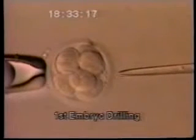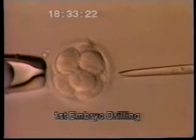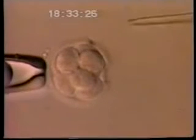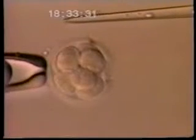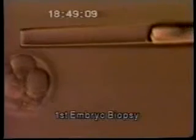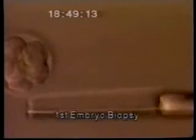Ever since the brilliant pioneering work by Dr. Alan Handyside in England, as well as work by Jean Lou in Brussels, Belgium, it's been known that you can create a hole in an embryo like you have just seen, and then remove one or even two of the cells after 3 days of development, and that embryo, that is the remaining 7 or 6 or possibly even 5 cells of that embryo, will go on and develop into a normal baby no differently than if no cell had